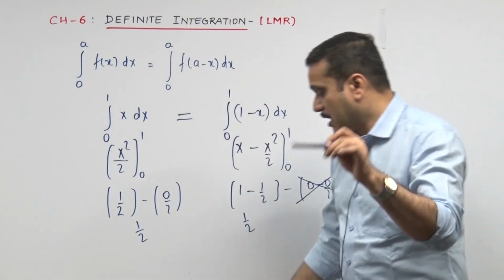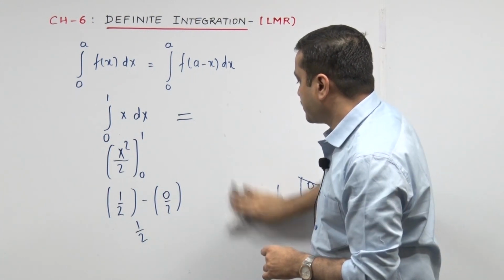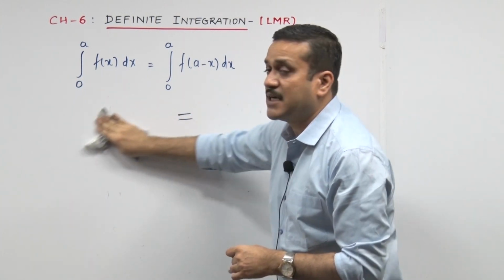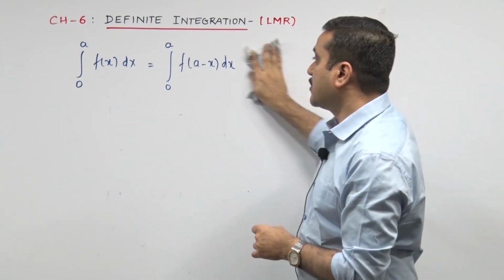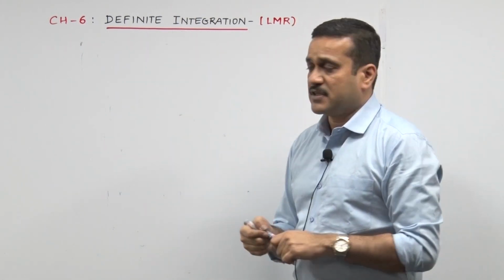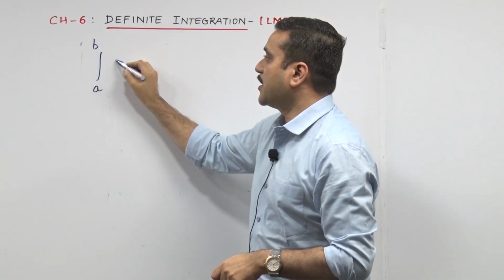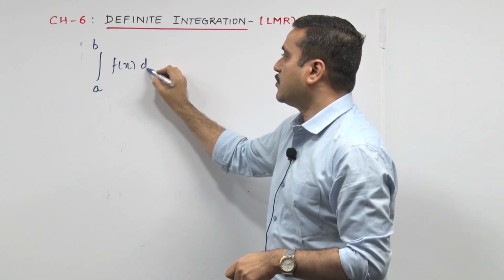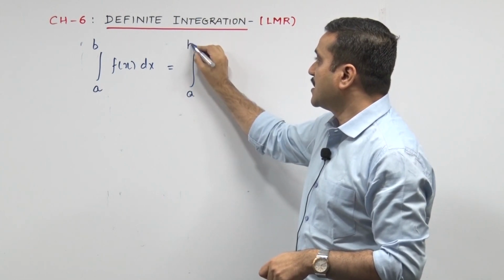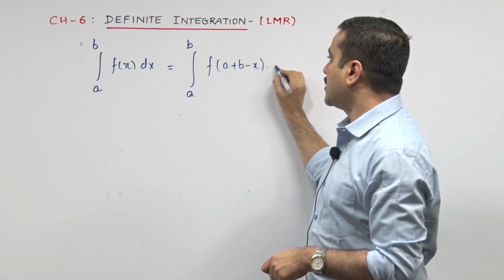We saw that thing. Now give me a chance to show you one more property which seems to be sounding the same, and then we get into two sums based on this property so that we see the application part also of that, know how to apply the properties in actual sum. Coming to the next property, it's an extension of this. If you are integrating your f of x dx from a to b, you can always change your x to a plus b minus x. The property says it's equal to integrate a to b f of a plus b minus x dx.